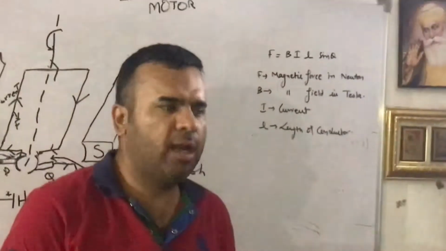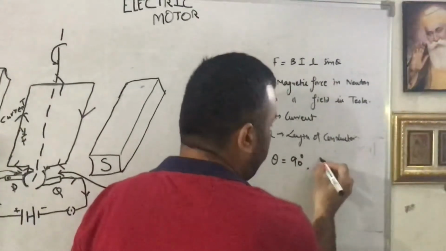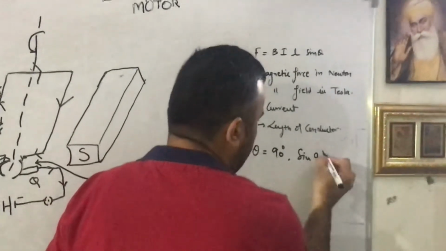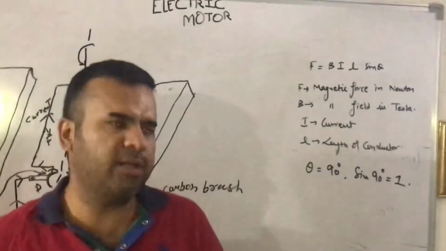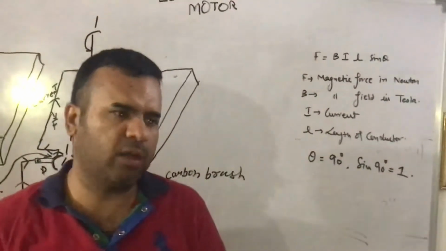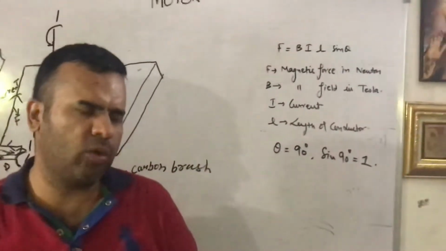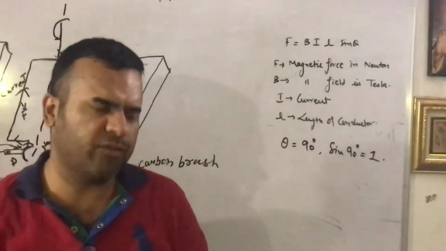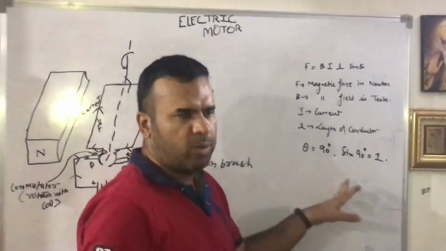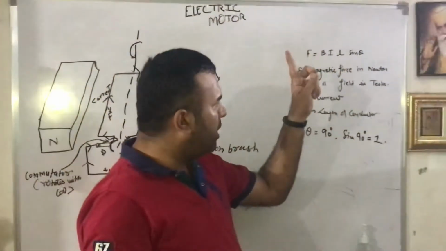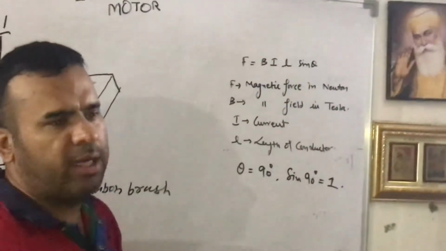Why perpendicular? Why 90 degree? Because if theta is 90 degree, this is a very important question, sine 90 degree is equal to 1. The value of sine theta is maximum when it is 1. It moves from -1 to +1, but that you will study in class 11. Till now in trigonometry you are studying the maximum value of sine theta is 1, but it moves from -1 to +1. Minimum value is -1, maximum is +1. Because the maximum force will be exerted when the value of theta would be 90.